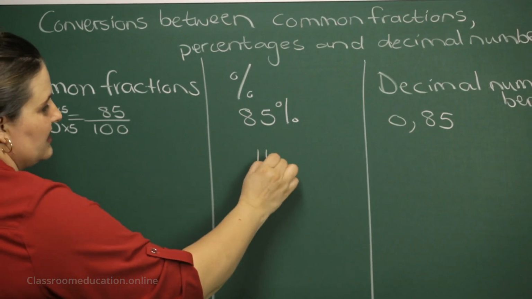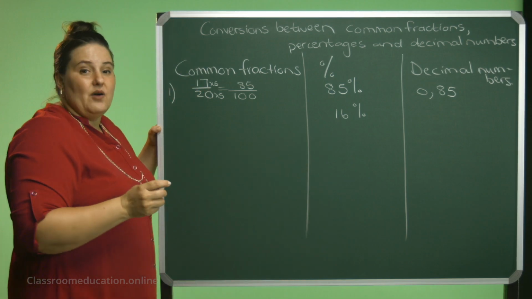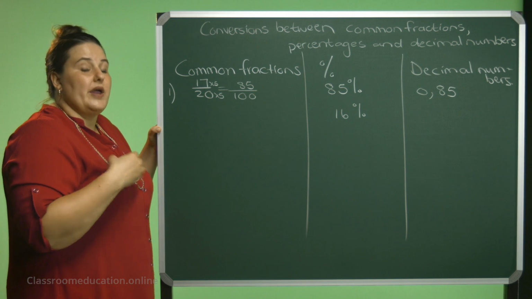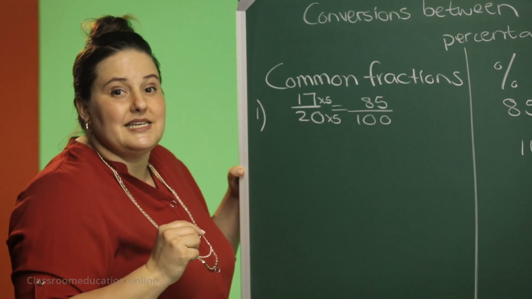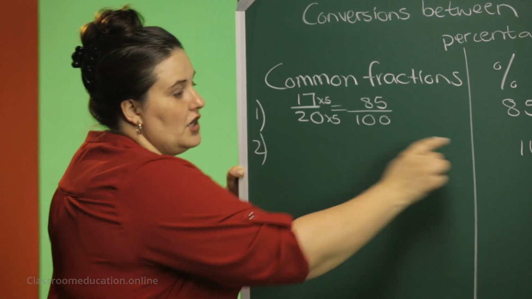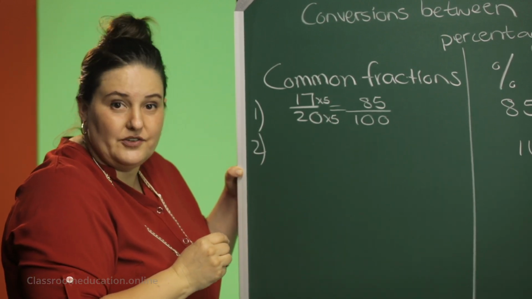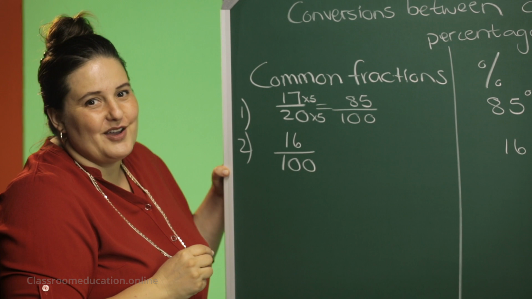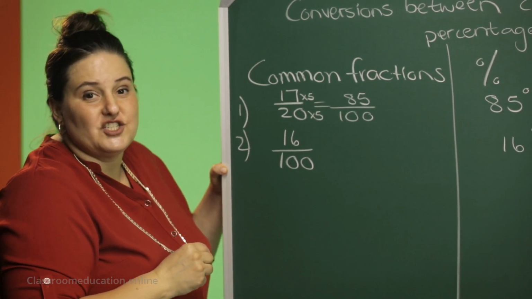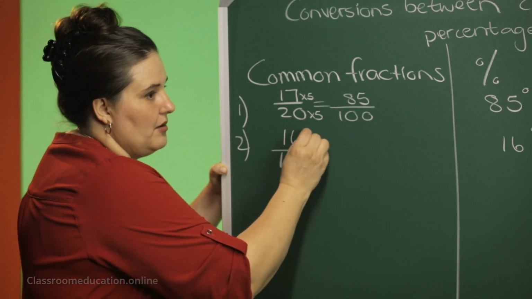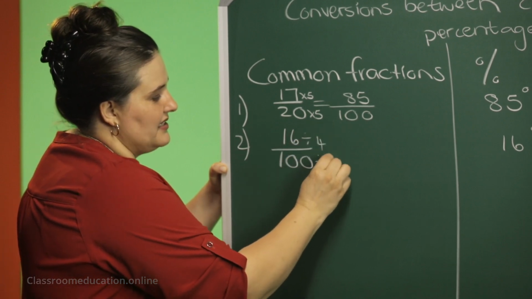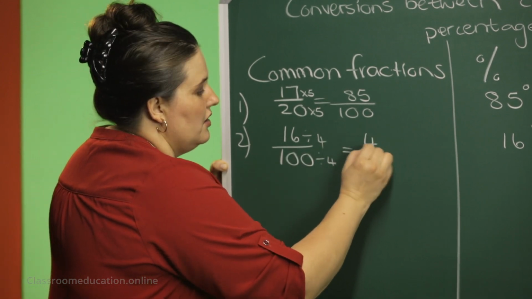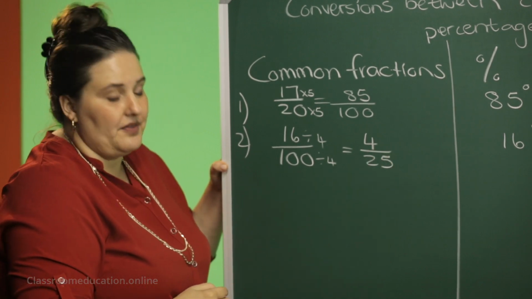If I'm giving you 16%, and now I want you to change it to a decimal number and a common fraction, where can you start? Maybe it will be easier starting with a common fraction, because percentage means out of 100. So this will become 16 out of 100. But now you need to simplify your fraction, okay? So divide by your HCF, top and bottom. So I will divide by 4 in the numerator and the denominator. So I will have my fraction in the simplest form as 4 over 25, or 4/25.